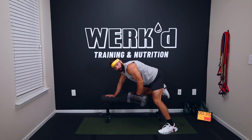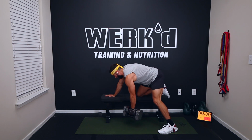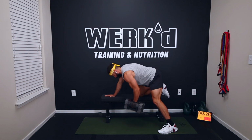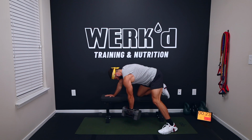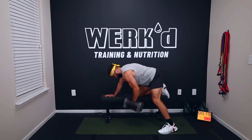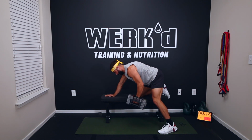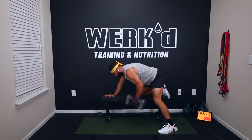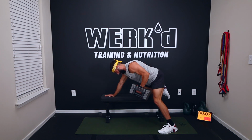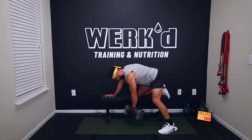Get that big stretch at the bottom. Feel your shoulder blade spread apart, and then drive it back towards the center. Try to take the bicep out of it and just use the back muscles. Come on, 8 seconds, guys. 2, 1,